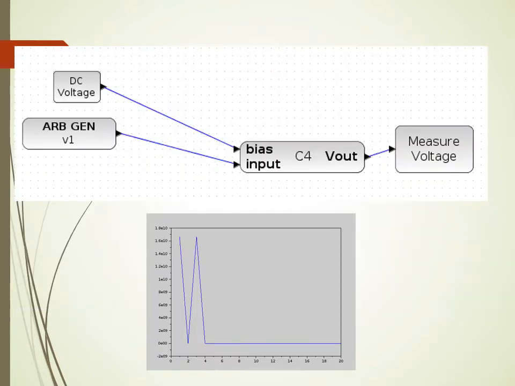This is the experimental part of the bandpass filter. This is the high level XCOS diagram. We have a C4 block, the input bias voltage, the input voltage, and the measure voltage block. And then this is the output that we observe, which is not quite agreeable with our simulation results. This might be a problem with the remote server.